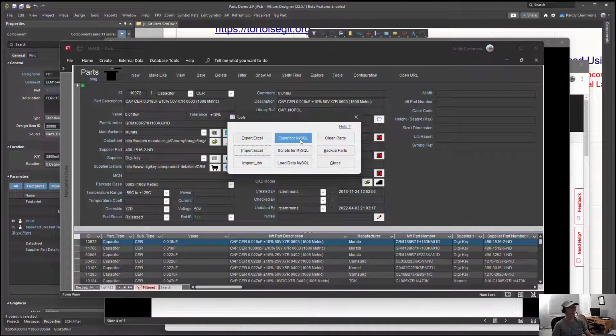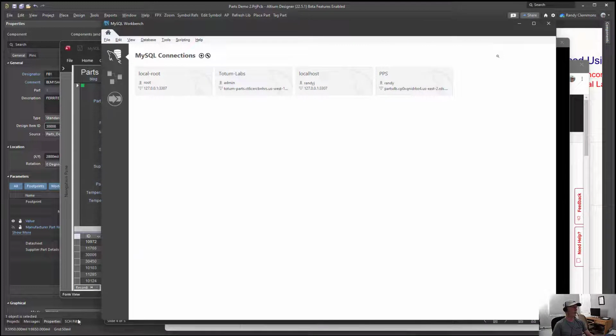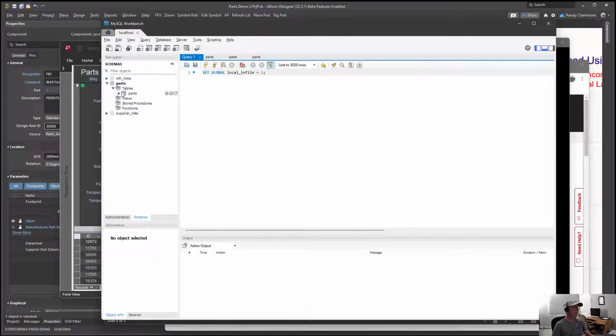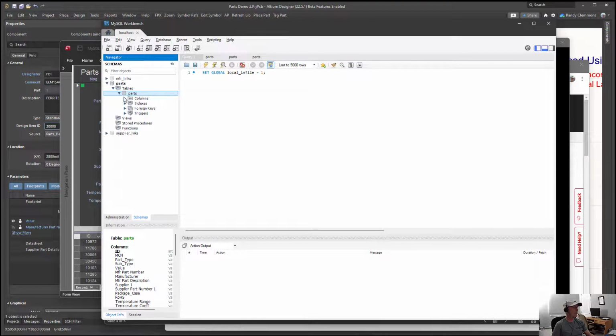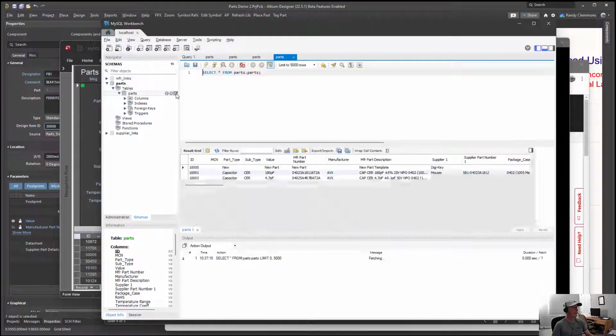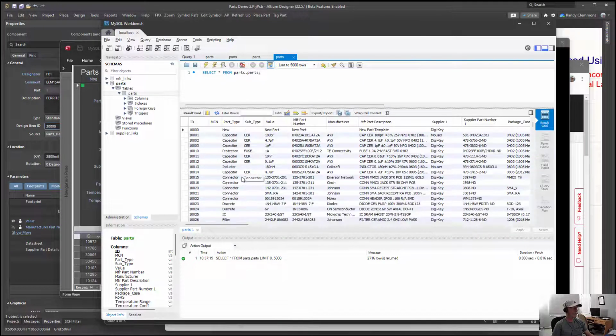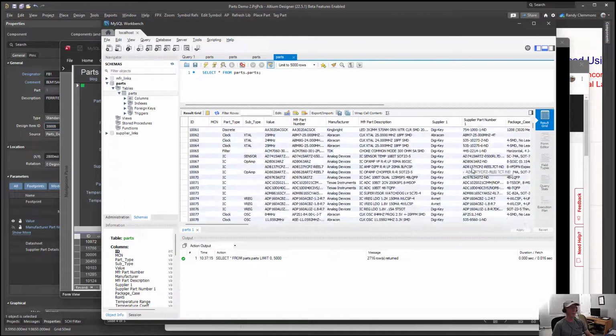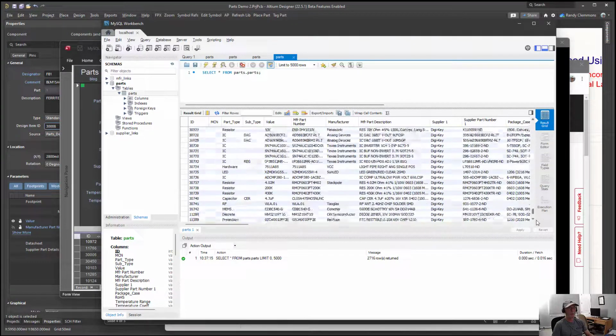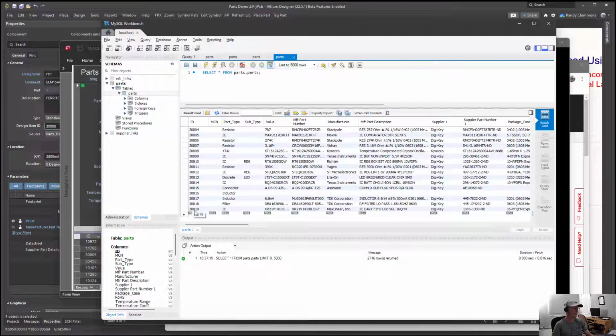You would just export your data for MySQL. You would generate some scripts for MySQL. And then after you have installed MySQL on your machine and created a connection, here's an example of MySQL with a table in it. This is the MySQL database that we're looking at in the parts front end. It has 2,700 and some records in it. Notice the last record's